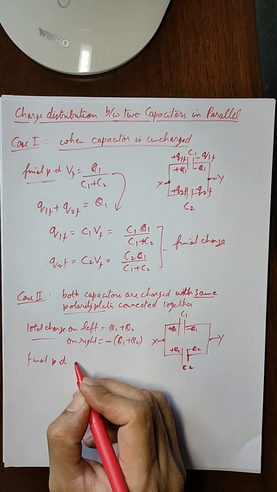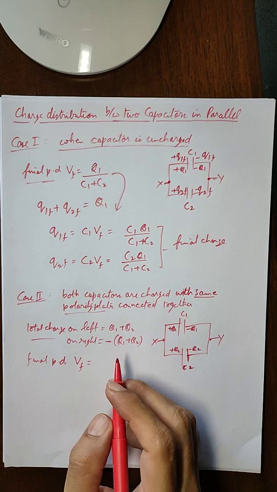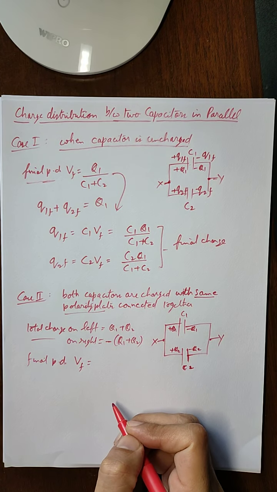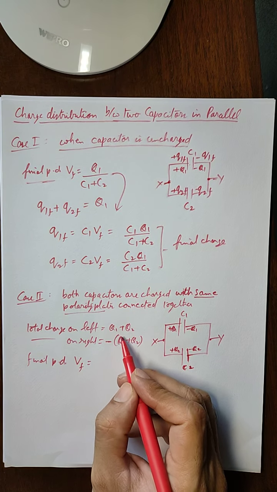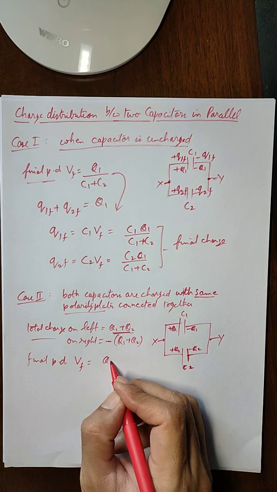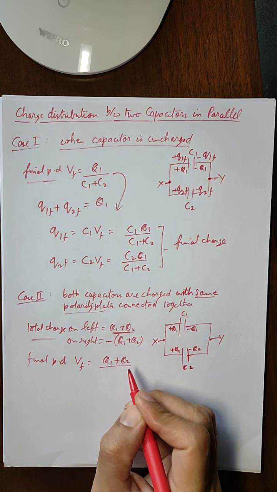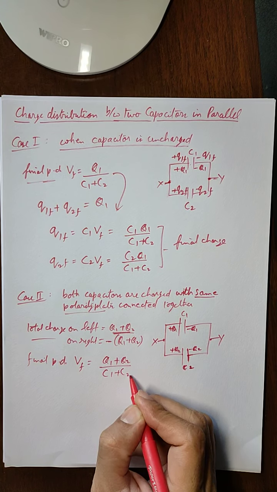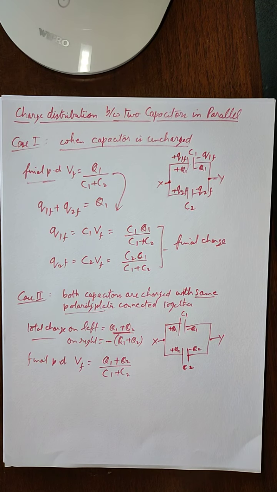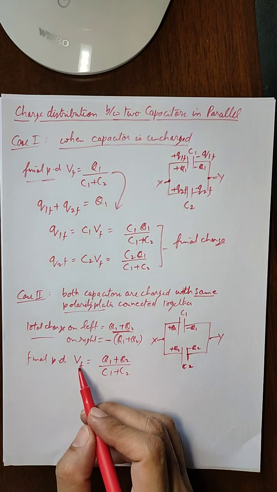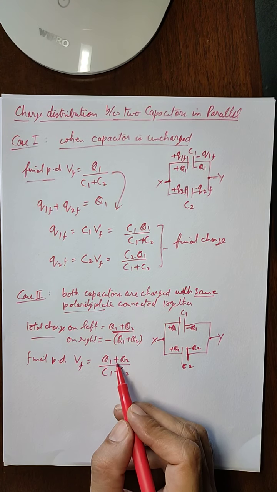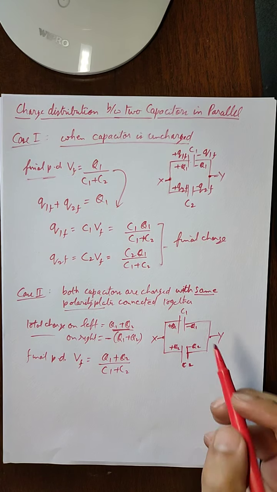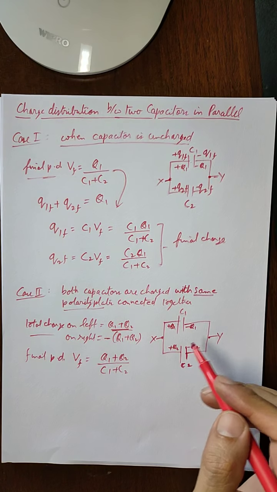So the final potential difference, let us say Vf, will be equal to the total charge upon total capacitance. In this case the total charge is Q1 plus Q2, so Vf is equal to Q1 plus Q2 upon total capacitance, which is C1 plus C2. So this will be the final potential difference, and if the value of this Vf is given to us in the question, we can find the value of Q1 plus Q2 and the final charge distribution that will happen